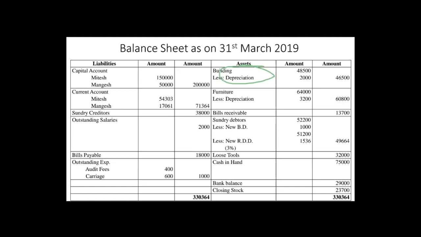Okay, first effect हमने building पे depreciation निकाला, हमने furniture पे depreciation निकाला. Always try, if depreciation is given, always try to calculate all the depreciations on the items which is given in the adjustment. Okay, and when you will going to put the second effect, then it will be easy for you.